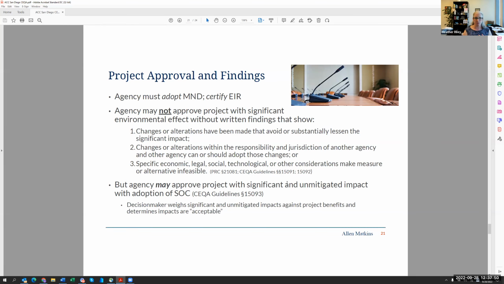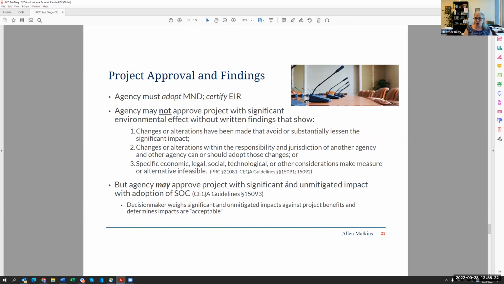So for instance, the One Paseo project I mentioned earlier, that project sits up in Carmel Valley in the city of San Diego at the northern edges of the city. The traffic that would be caused by that project, some of its effects were going to be felt in the city of Del Mar next door. The city of San Diego couldn't make the applicant fix those impacts, widen the roads in Del Mar, add new traffic signals. They just don't have that authority over Del Mar land. So sometimes you end up with a significant and unmitigated impact because of that.